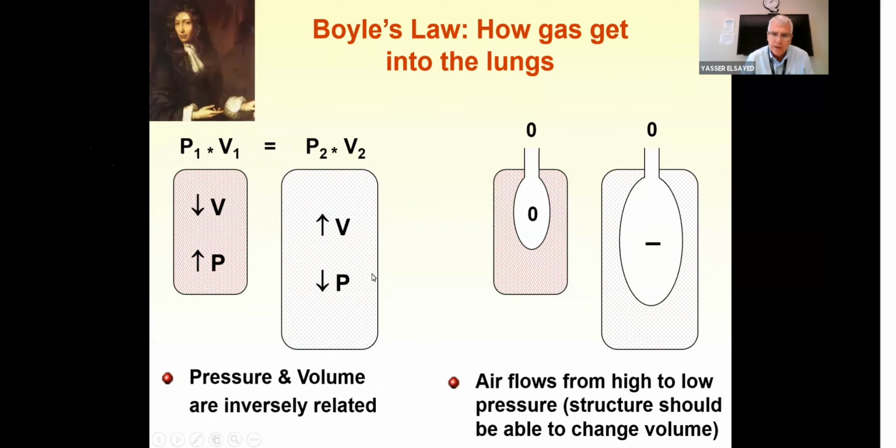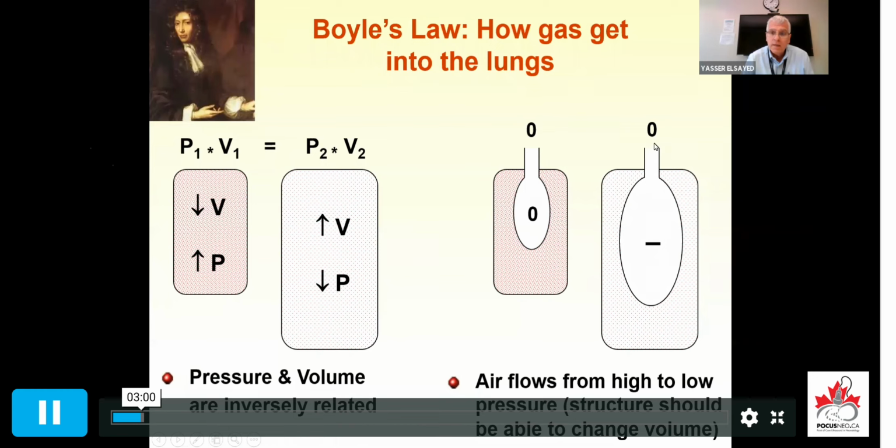This will be an example here on the left of a lung at the end of expiration, in which the pressure in the atmosphere is equal to the pressure inside the alveoli. Therefore, there is no movement of air. During the beginning of inspiration, the volume of the chest increases, so the pressure inside decreases, so the alveolar pressure becomes lower than the atmospheric